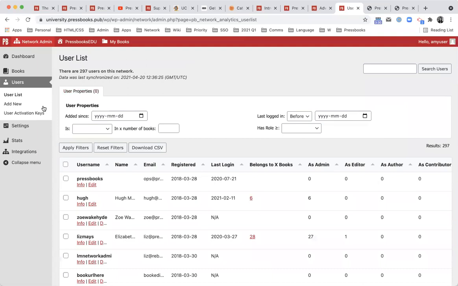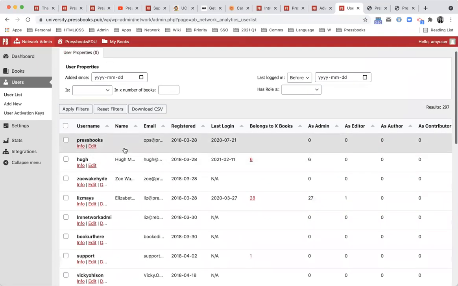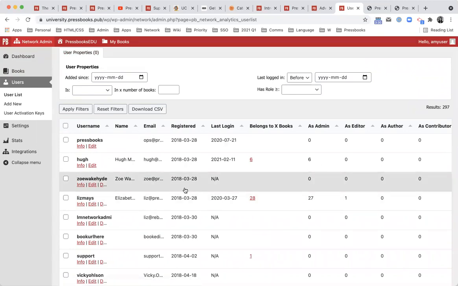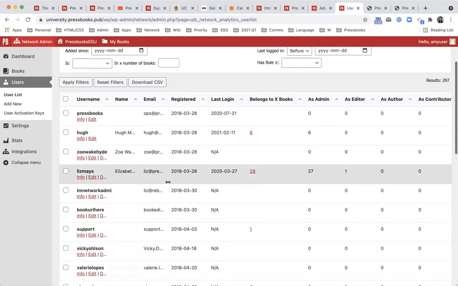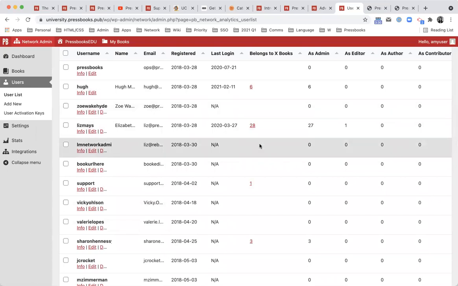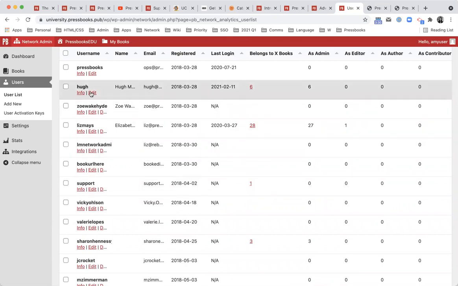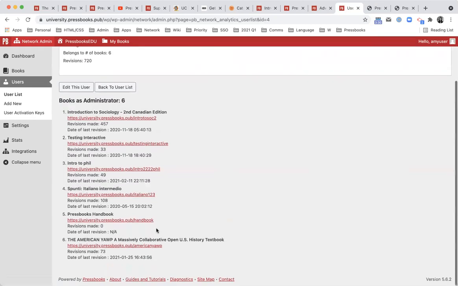Users is very similar to books. But unlike books, it's obviously for your users. This is where you have access to all of the user information on your network. I should restate that and say not all the user information, but you can see all of the users that are on the network as well as their information. So you can see that